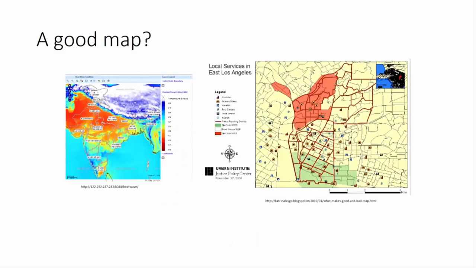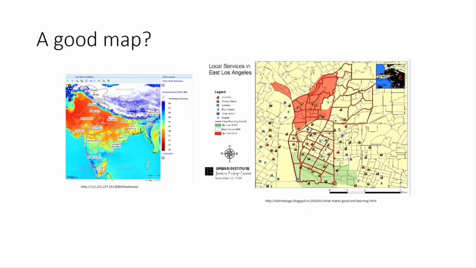So before making a map, we have to make certain distinctions. If you have been assigned the activity of generating a good map, then we have to understand how you would define whether a particular map is a good one or a bad one. So this is just an example showing two different